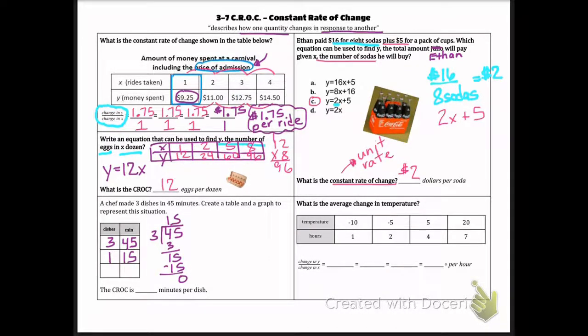Well, now that I know that, I can figure out any number of dishes. And let's say 5 dishes. Well, that will be 15 minutes times 5. That's going to be 75 minutes. So our constant rate of change here is 15 minutes per dish. Now, if we want to graph that,